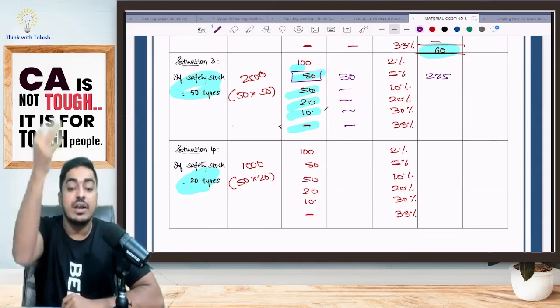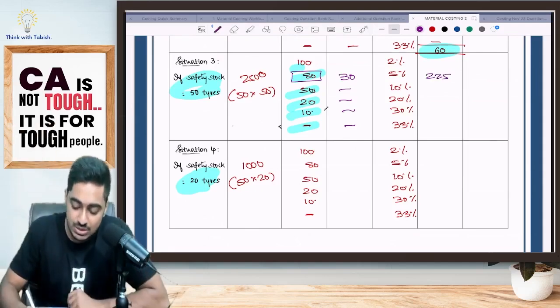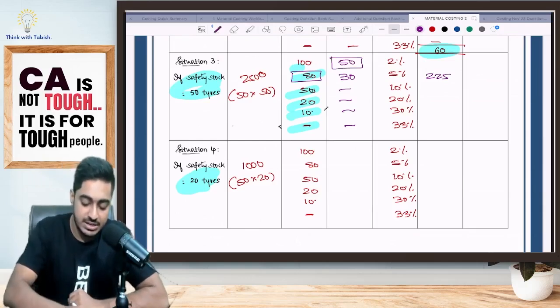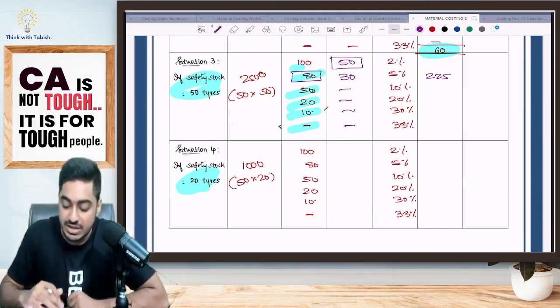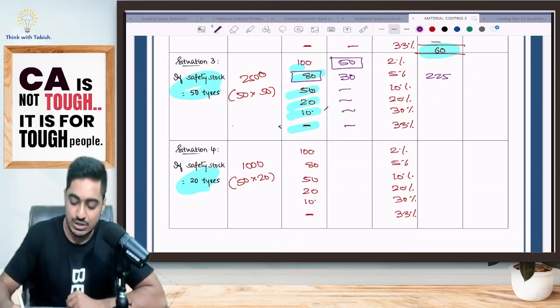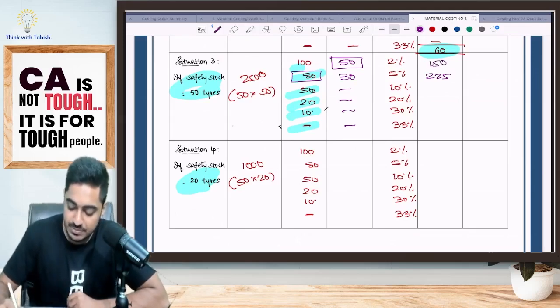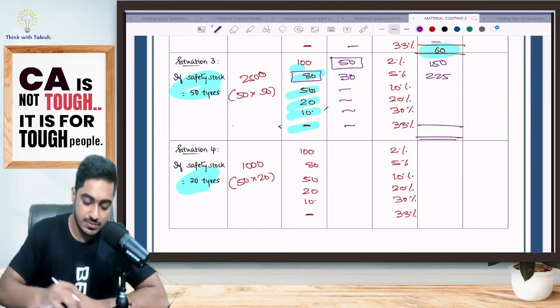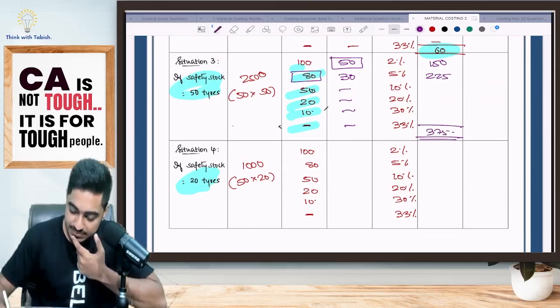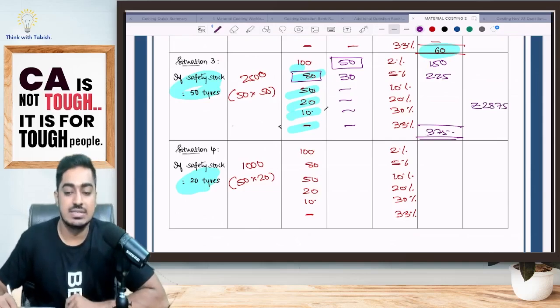Customer comes and asks for 100 tires. How much am I having? 50 only. 50 tires is a stock out. For every tire 150 I lost, that means 7500 would be my loss. But how much percentage of that occurrence is there? Only 2%. That means 150. So what is the total stock out cost? 225 plus 150, it is 375. So 2500 plus 375 will make it 2875. Is this clear, everyone?